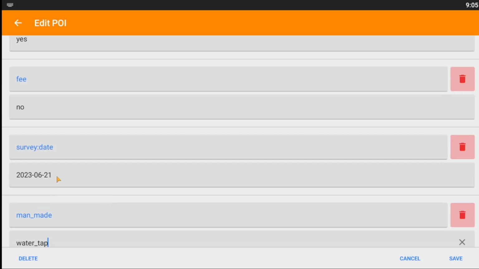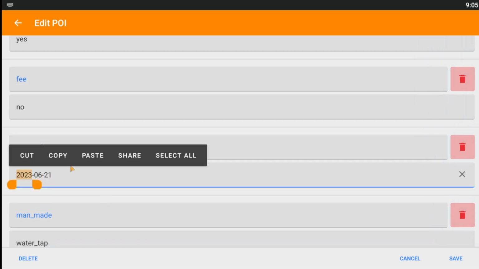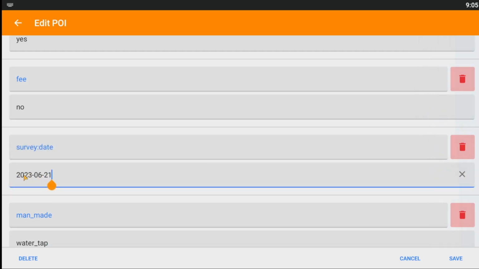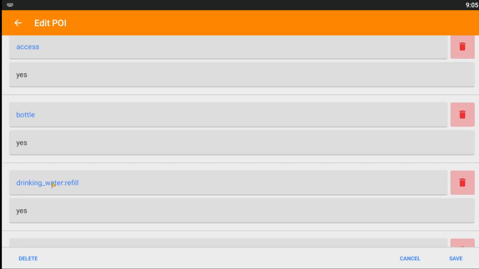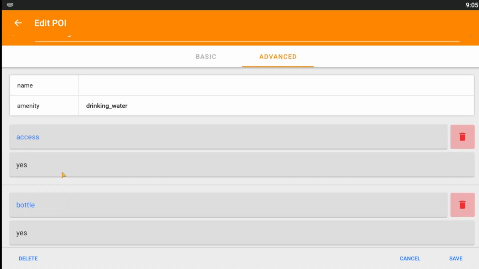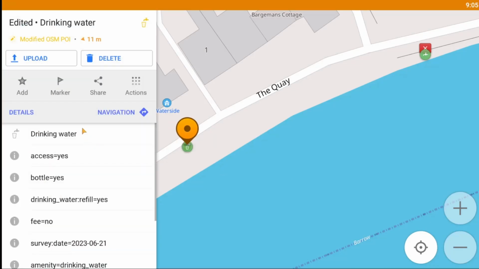But you see there's the survey date, it was the same date I did that, so I can just copy that here for the other 2. There's also no fee, which is sometimes important, and we'll get to the bottle bit later on. And access is yes, because it's public access. So I save this now to save the water tap thing,